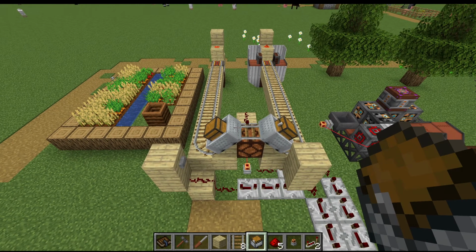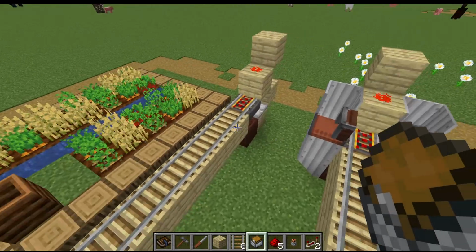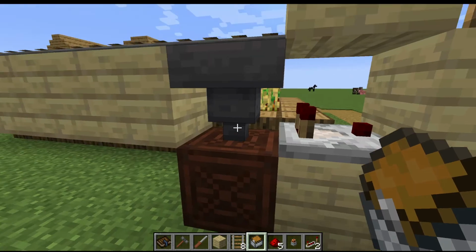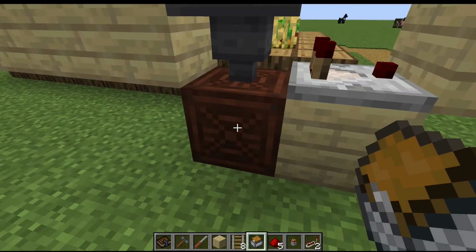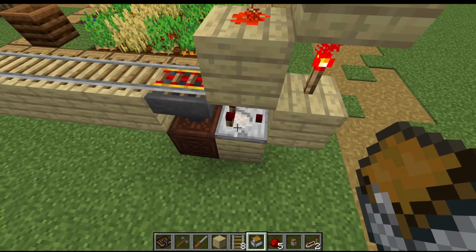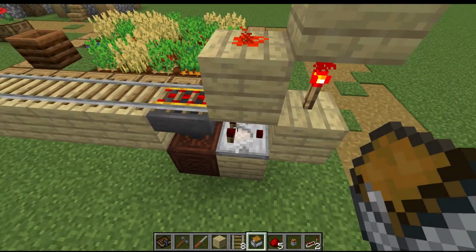Alright, let's have a little experiment here. So, this is a vanilla minecart unloader. It works by having a hopper that funnels down into this wooden storage crate, which already contains sand from my previous tests. And while this comparator is on, which is to say while something is in this hopper, this torch